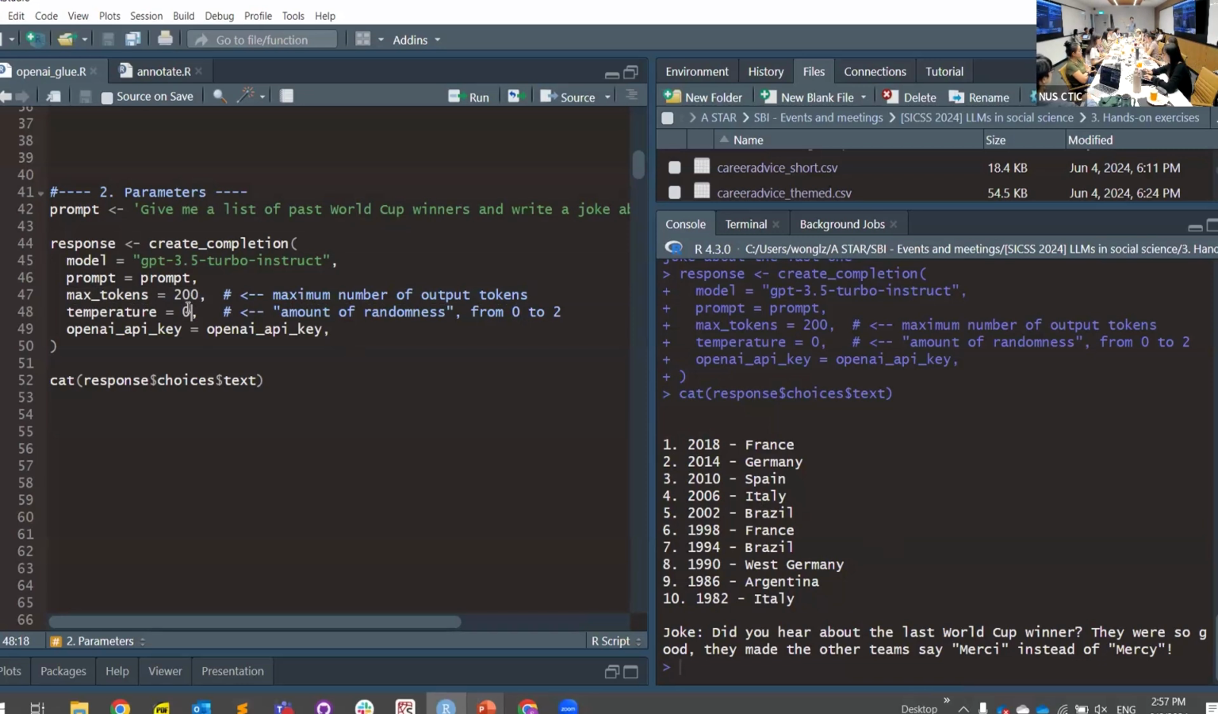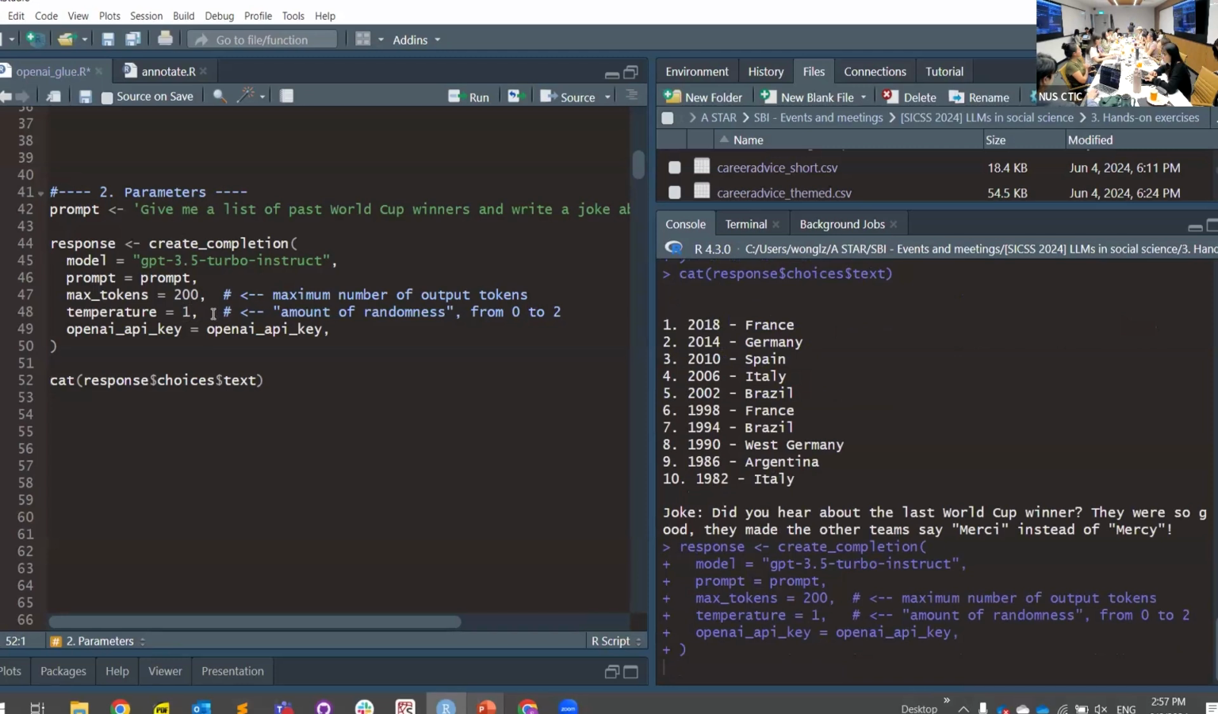Right? Okay, you all got the same joke. I guess it's kind of nice for some purposes. Okay, but sometimes if you want a bit more randomness, you can increase the temperature to something like 0.5 or 1. Okay, and if we run the prompt again,